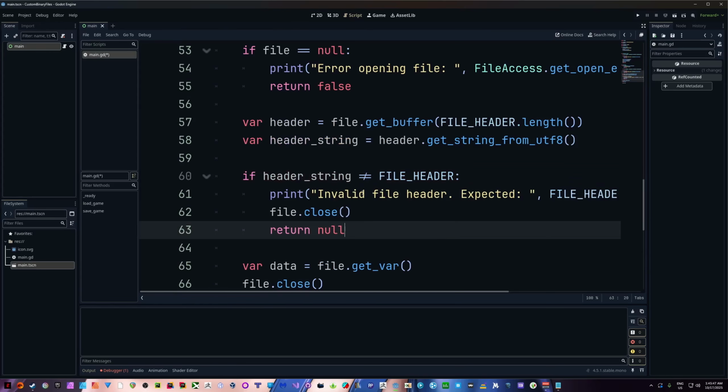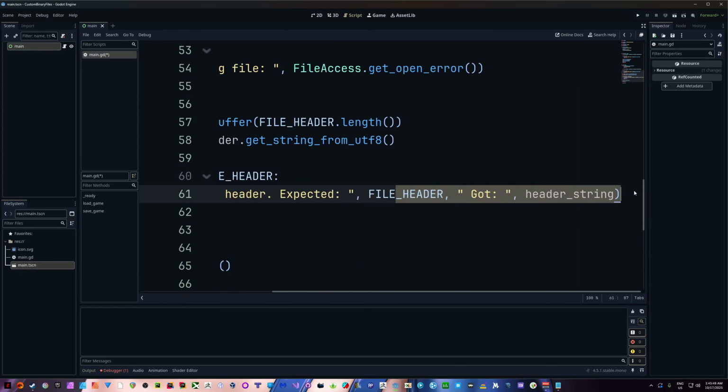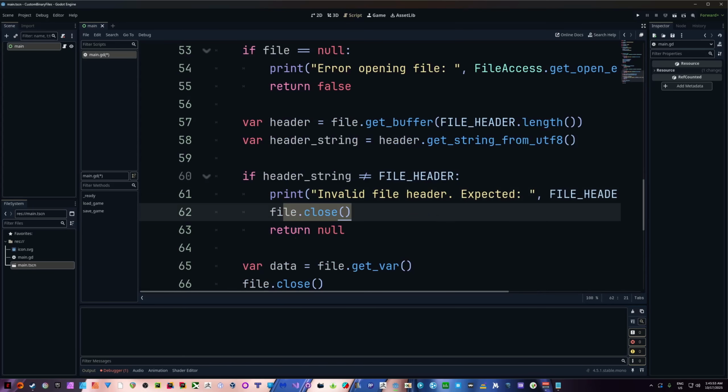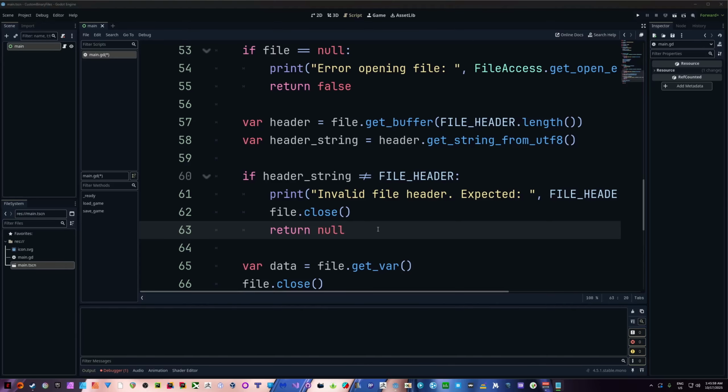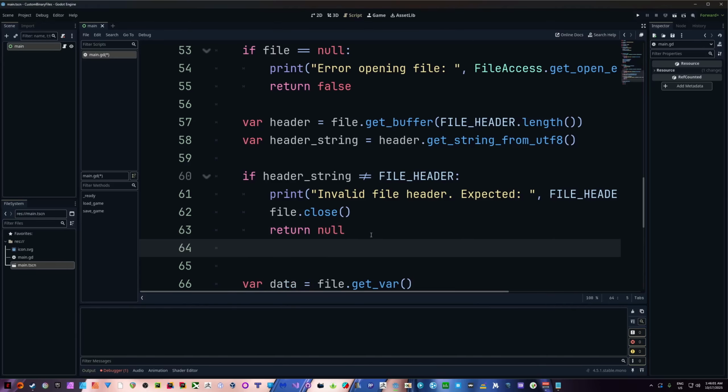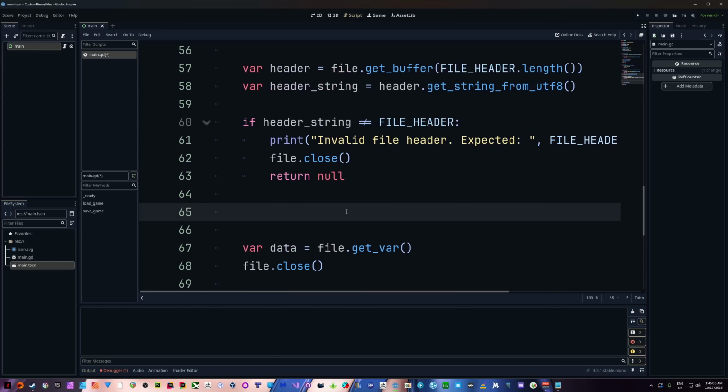Then we can just say invalid file header. We expected this and got this. And close the file, return null. Right? Exit out of it. Wrong header. We can't read this file. It's not supported by our game. Now, if you want to do version checking, our next step is going to be file